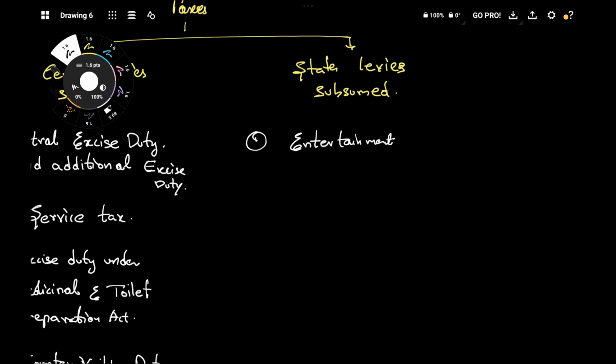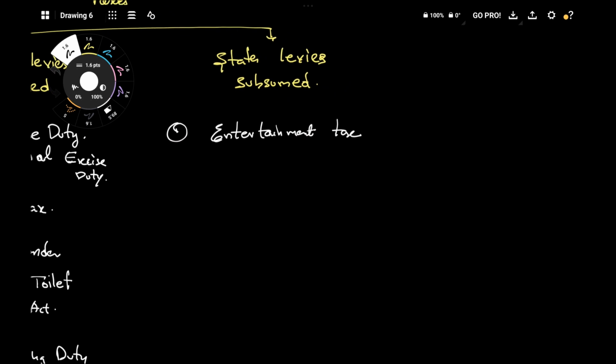Entertainment tax. So basically earlier to GST, in theaters and in bigger restaurants, like star hotels, they would levy this entertainment tax. Why? Because those things are for entertainment, and they would levy tax over there with the name of entertainment. And if entertainment tax is levied by local body